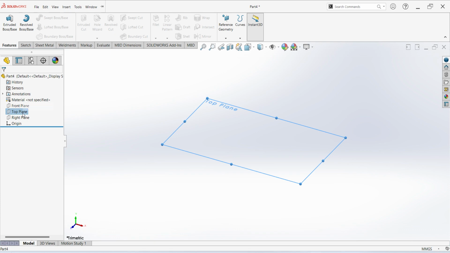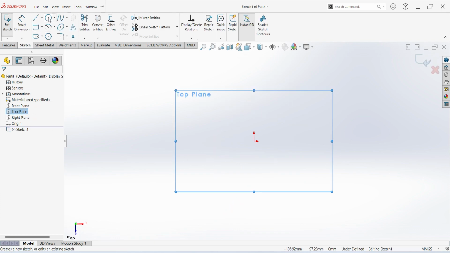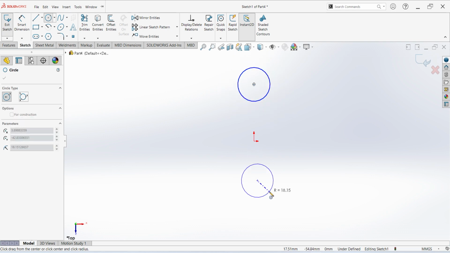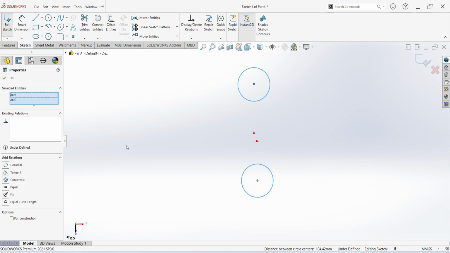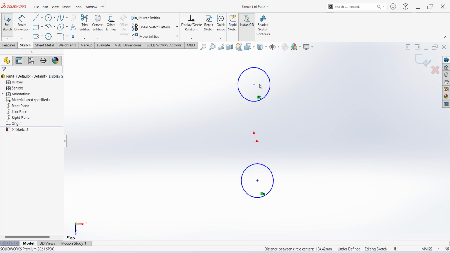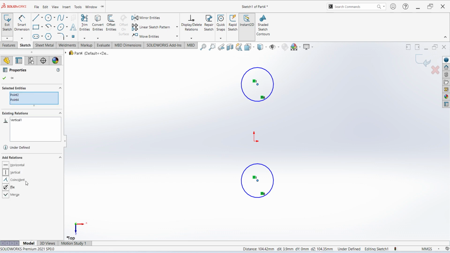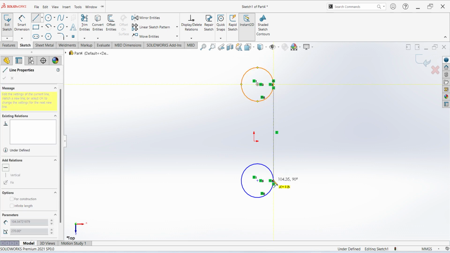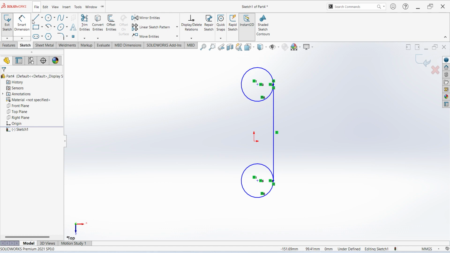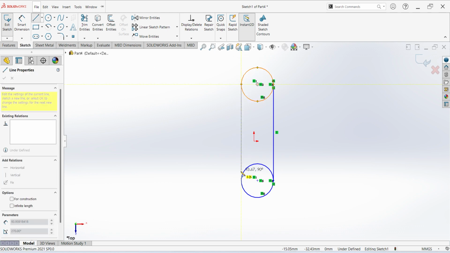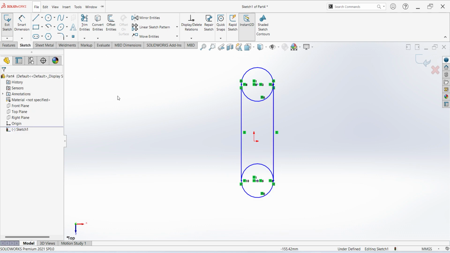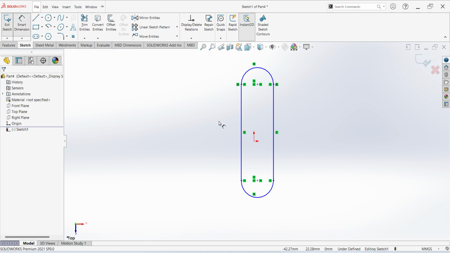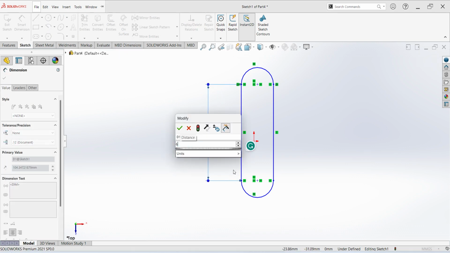Select top plane, sketch, select circle. Select both the circles, give the equal constraint. Again select both the midpoint, give vertical constraint, select line, trim unwanted lines. So give the dimension, this is 62 mm,